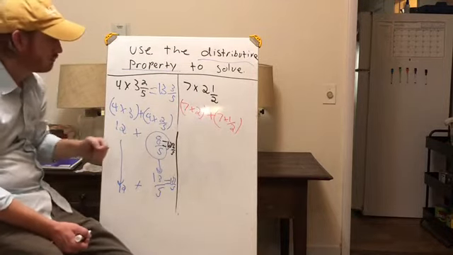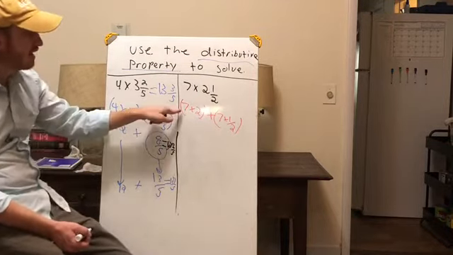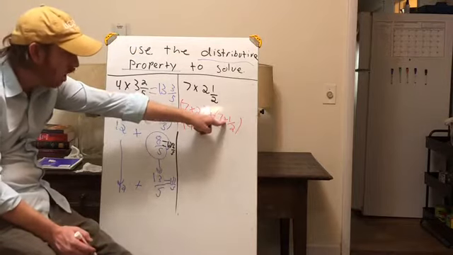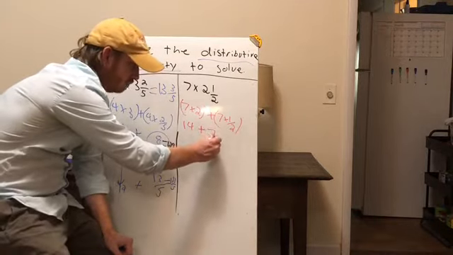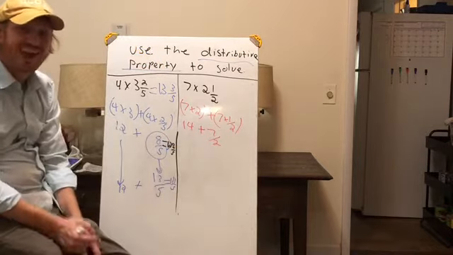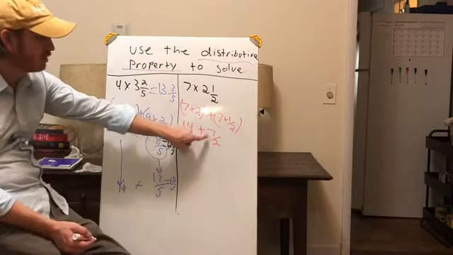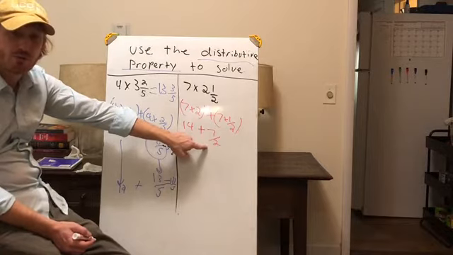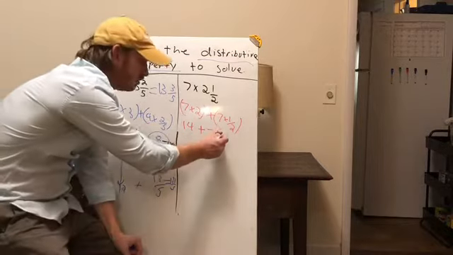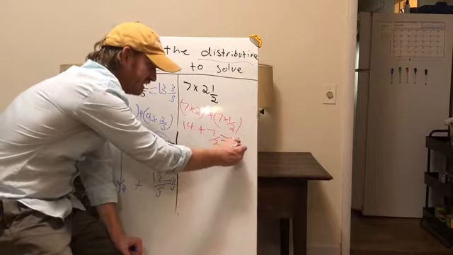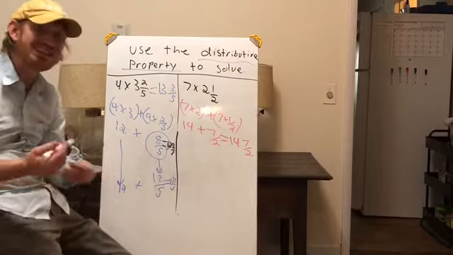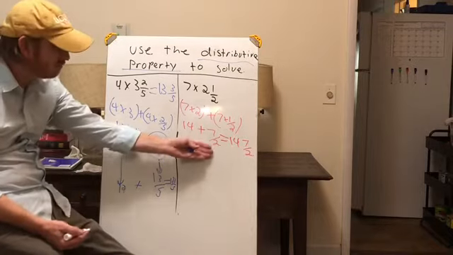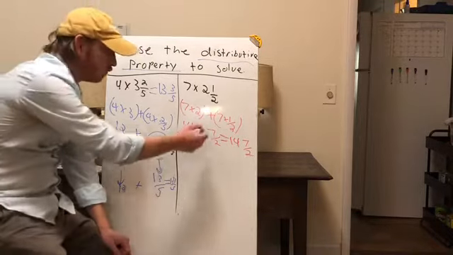7 times 2 is 14. 7 times 1 over 2 is 7 over 2. And then again I notice my numerator is more than my denominator. So while I could just answer it as 14 and 7/2, that's not really the best answer. Simplifying my 7 over 2,